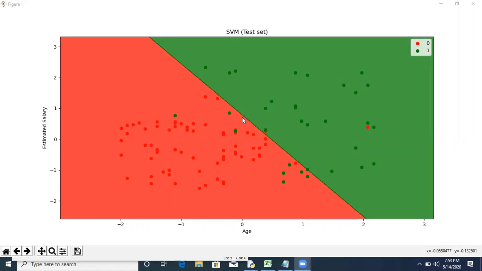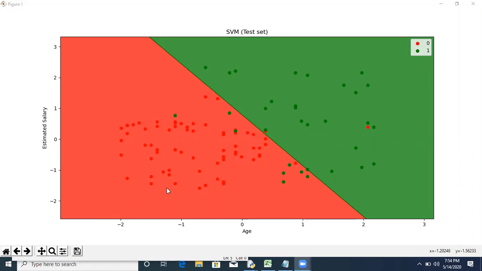Now these data points are actual points present in the data set, and these color regions are predictions. So this red color indicates zero, that means that person is not buying that product. Green data means that product gets purchased, the person is buying that product. So these are the actual points according to the data set. Now what is prediction? What is the machine doing? The machine is dividing this data into two parts. One is red color and the second is green color.